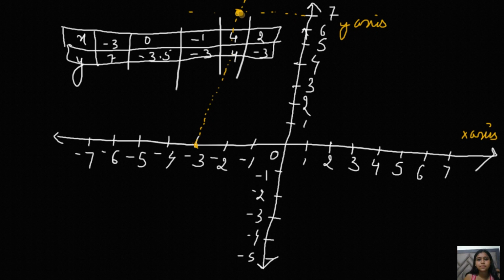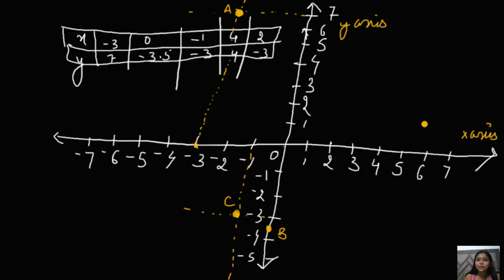Okay, next is x is 0 and y is -3.5. This is y -3, and -3.5 will lie somewhere between 3 and 4. So this is the point B. Let it be marked as point B. Let this be marked as point A. Next is -1 comma -3. This is -1 and this is -3. Just make the dotted lines. Don't have to worry more about this thing. This is very easy. Very, very easy.